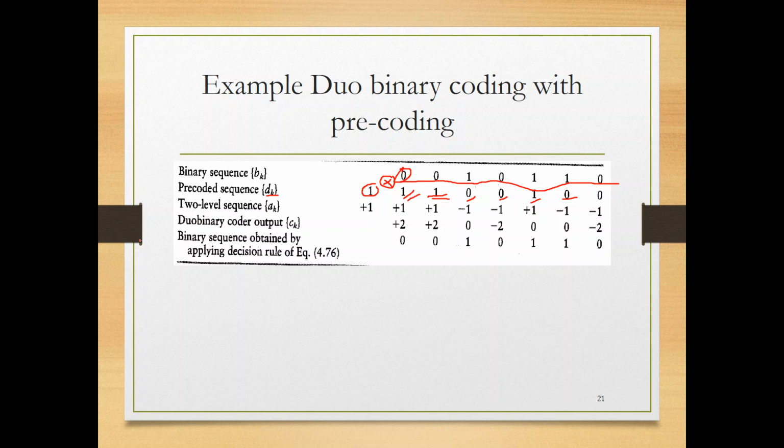Then I tell you this sequence passes through the amplitude pulse modulator. What's the AK? You tell me if it is 1, then it becomes plus 1 or plus 5, plus 6, according to the question. And if it is 0, then it gives minus A, minus 1. This is simple. Then find CK, which is the signal after dual binary signaling. You tell me, I know that CK is equal to AK plus